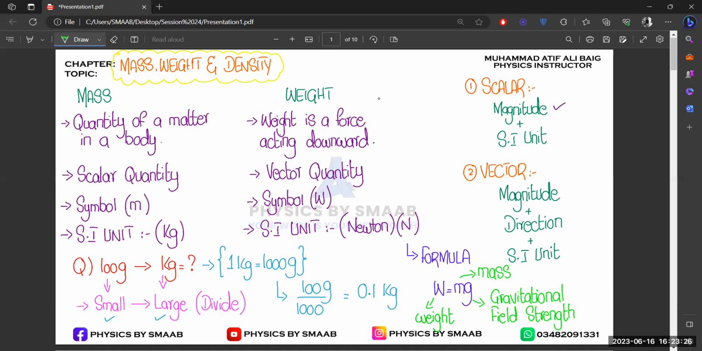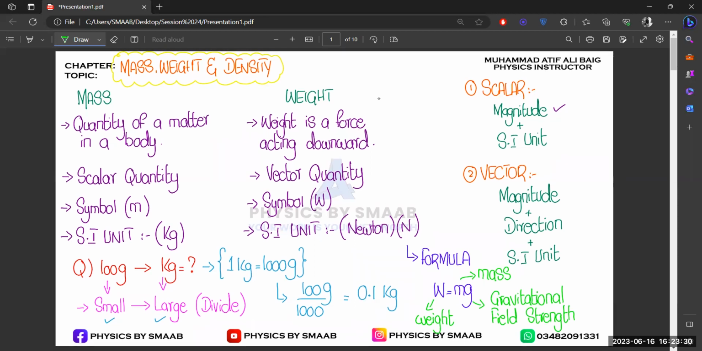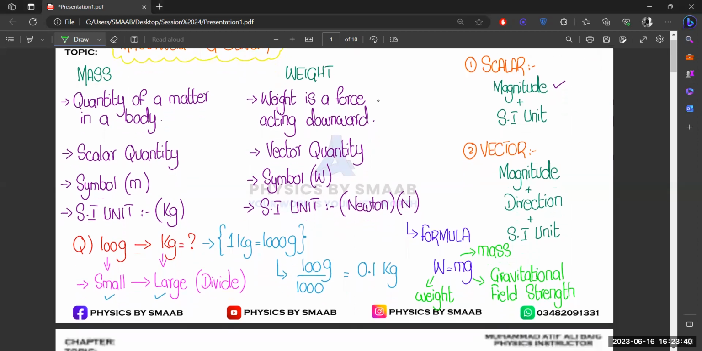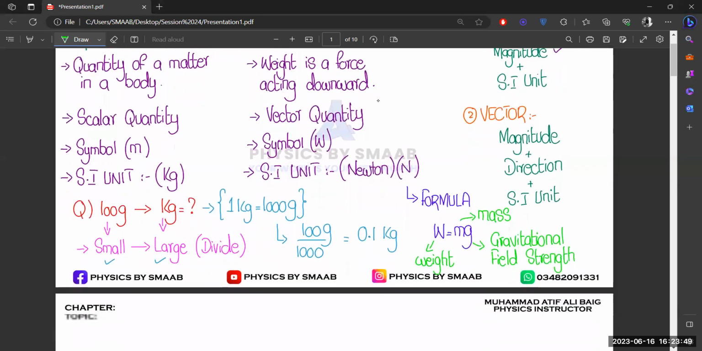Any confusion? Any question up to here? Okay, now one more difference between mass and weight. A very important difference, because in most questions they ask about that specific difference, or that specific concept, and that concept is